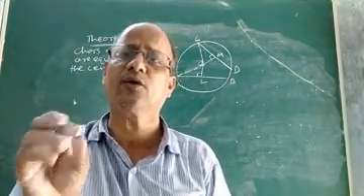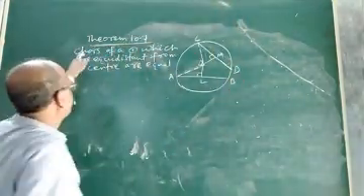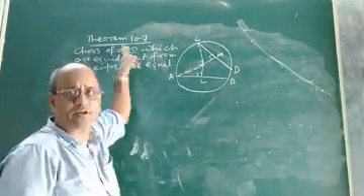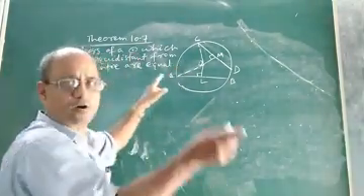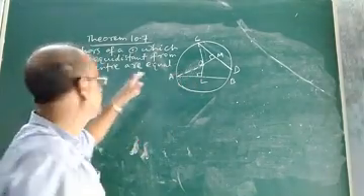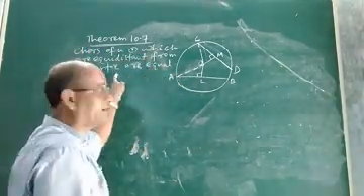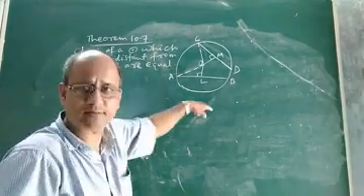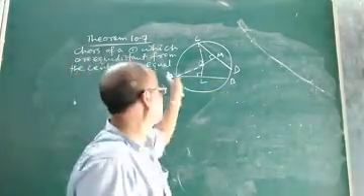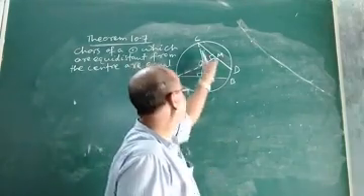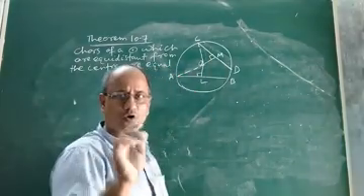Children, I hope you understood. Let us try to understand it mathematically. See, here is the statement. What is the statement of theorem 10.7, which is the converse of theorem 10.6? Chords of a circle which are equidistant from the center. So what does it mean? Let us make it mathematical. Suppose this is a circle. Suppose you are given AB and CD are two chords.